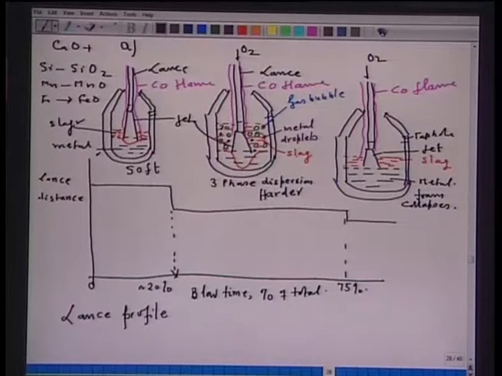So, in the main part of the blow, what should an operator do? The operator should control not only slag formation, but also the continuous evolution of carbon monoxide at the mouth of the converter. At the same time, he should also see that the carbon removal rate should not be excessive; it should be excessive only after the removal of phosphorus. Once carbon gets removed, the temperature of the bath gets high, and as you recall, high temperature does not favor dephosphorization.